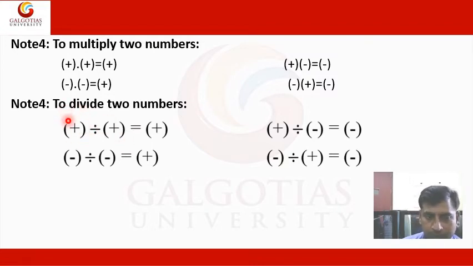The sign in division will be the same as in multiplication. Suppose that we are dividing two numbers and both numbers are with the positive sign, so the result will be positive. If one number is with negative sign and one with positive sign, our result will be with negative sign. Suppose that we have to find the division and both numbers are with the negative sign, then our result will be positive. For example,